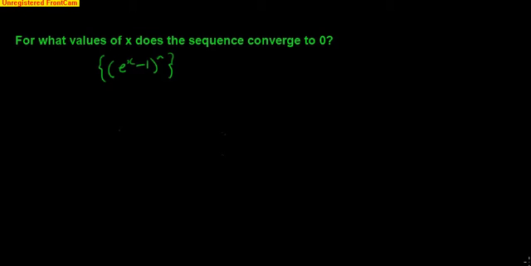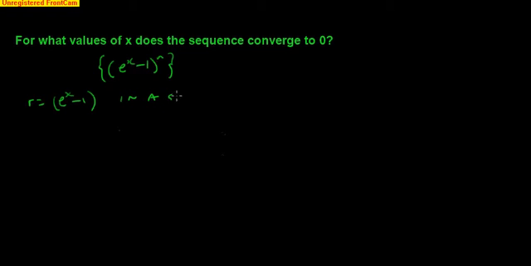Go again. We have to find the values of x so that this sequence here converges to 0. Well, this sequence is a geometric sequence because it's got a power of n here, so the first term is a power of 1, and the second term power of 2 and 3 and so on. So we've got the common ratio will be r is e to the x minus 1